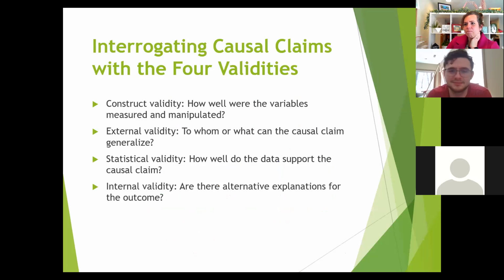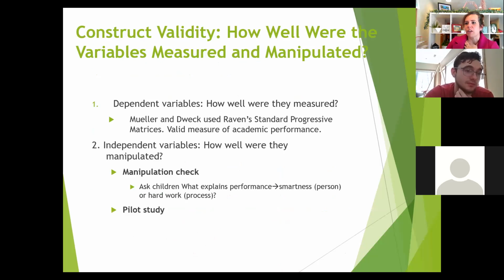Hopefully that's sticking. All right, let's look at the 4 causal claims for validity. So the first one, here it is, construct validity. Were the variables measured and manipulated adequately, right? How well did you test out your dependent variable? How accurately was that done? So